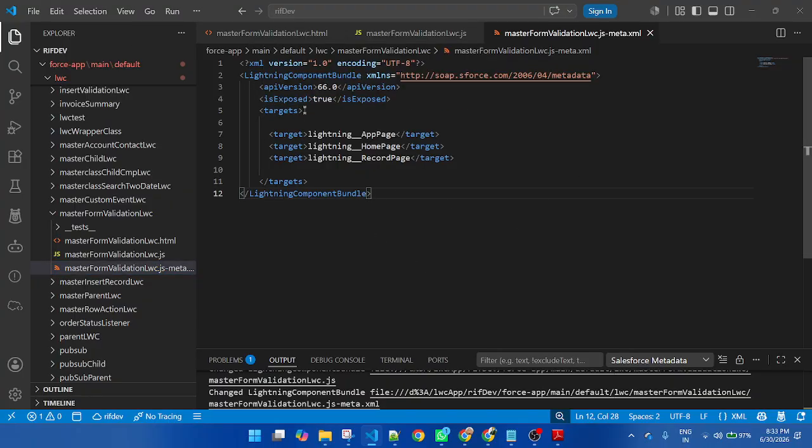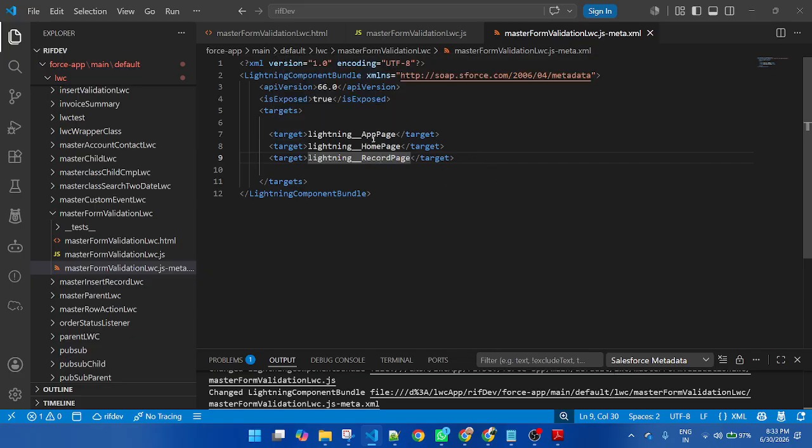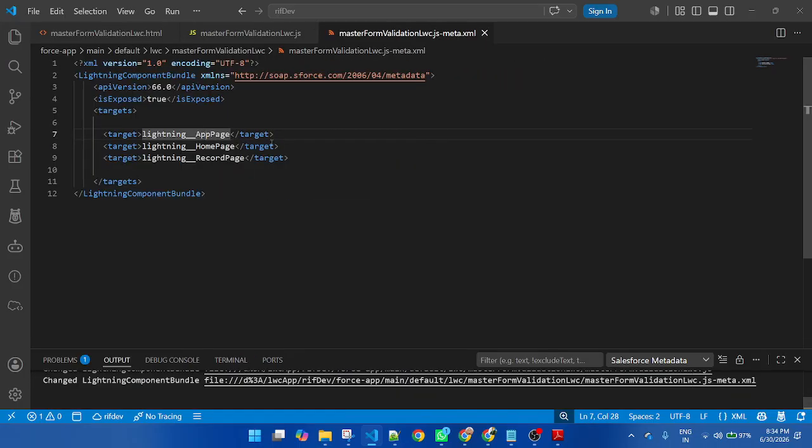By default isExposed is false, so you need to change false to true. Then you need to define lightning__AppPage, HomePage, RecordPage. That means this component will be displayed on the app page, home page and record page. Here I am defining the app page so that this component is visible on the app page.